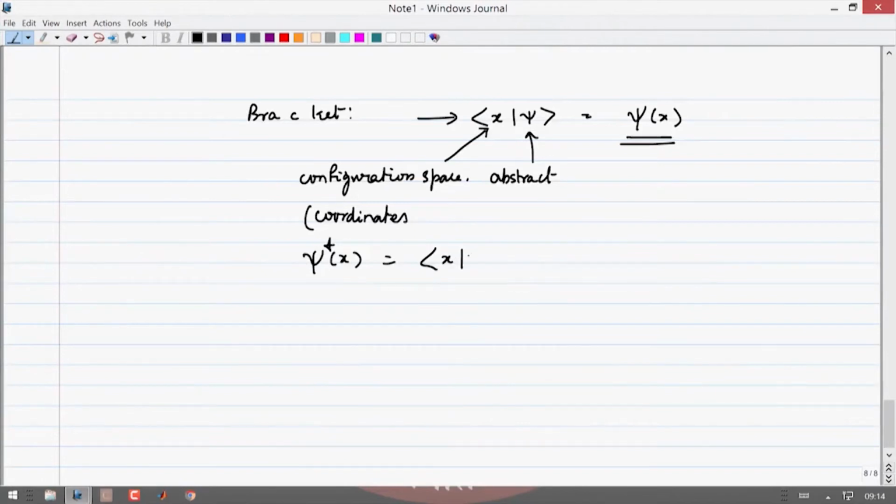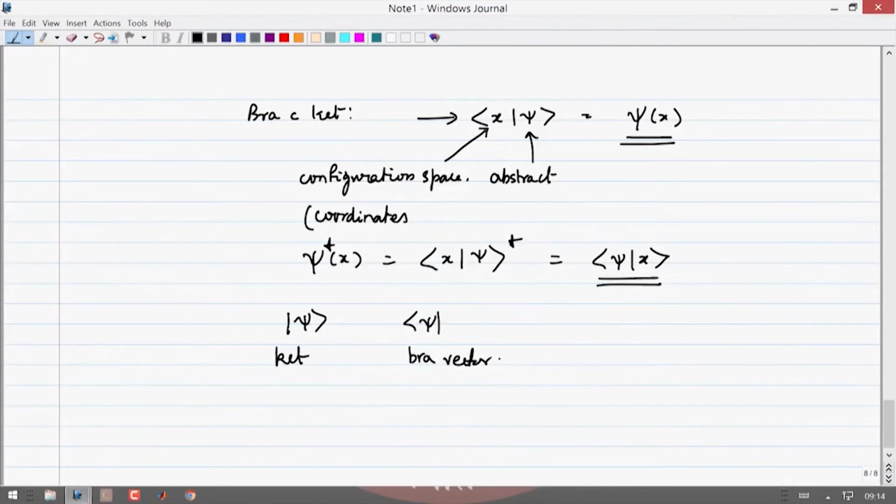and psi star of x is quite obviously the complex conjugate of this. So, if you want to write the x psi star, the complex conjugate is psi x with the bracket reversed. Obviously, if this is a ket vector, then this is a bra vector. And therefore, if you want to talk about the scalar product of two vectors psi 1 and psi 2 in the space of x in which we represent these wave functions, you can also call psi 1 of x a representation of the ket psi.